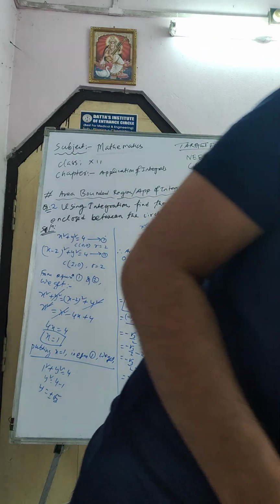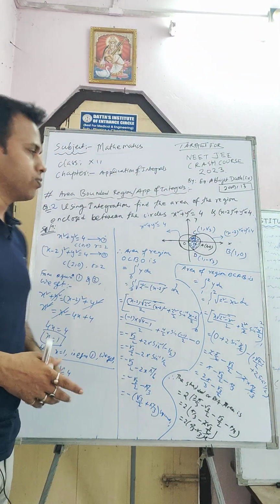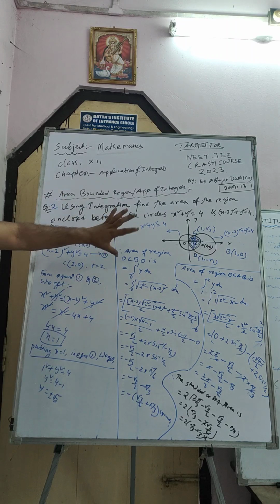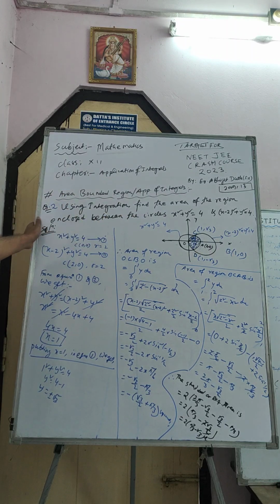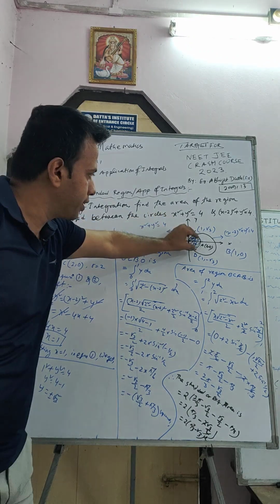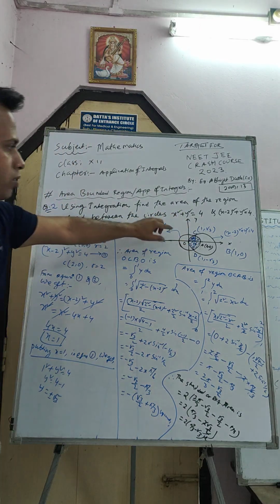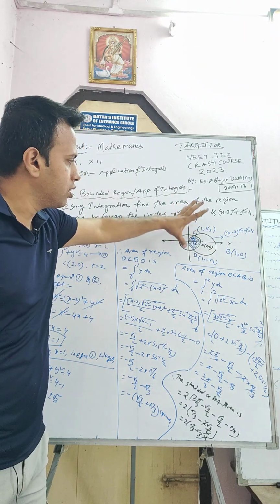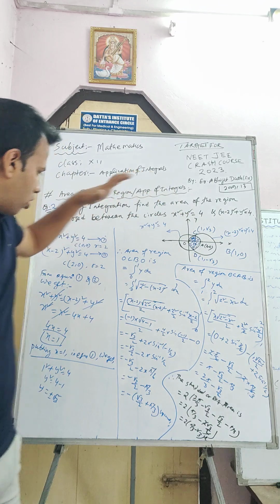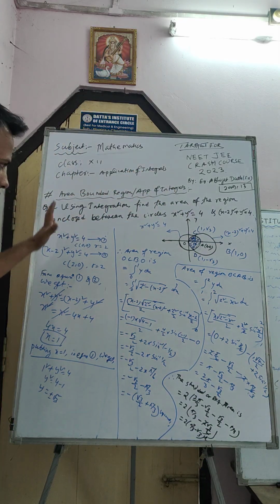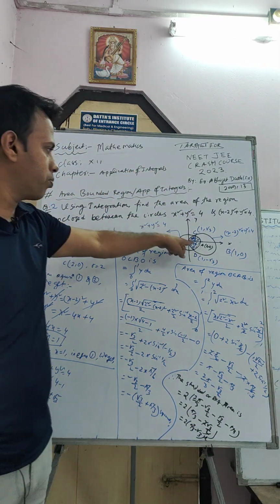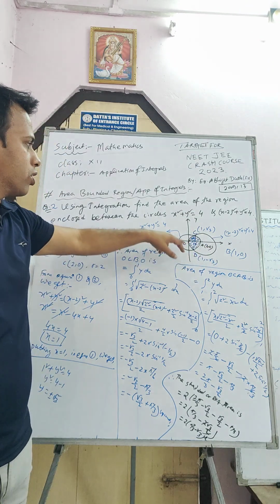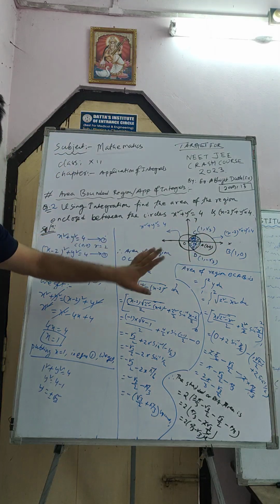So now let me explain in short again. Suppose two circles are given. One circle is this one, another circle is this one. This is the drawing. We have to find out the shaded area. So for that, we have to find this area separately, first this part and this part, again this whole part. So for that, we solve this equation, this circle, and we find the coordinate of B is 1, 0, and coordinate of C is 1, root 3, and coordinate of D is 1, minus root 3.